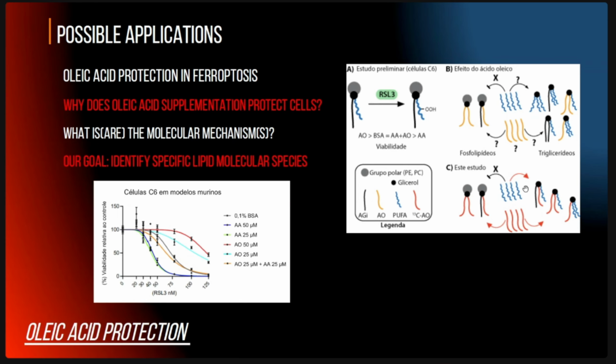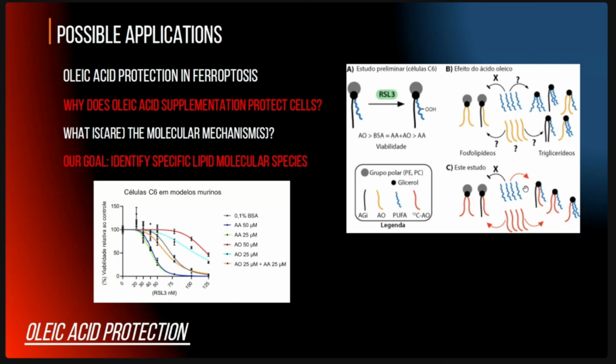And the fact that really matters is that when you put oleic acid, independent of the concentration, you sort of protect the cells against ferroptosis. And when you do that with arachidonic acid, you get more cell death than in control. So arachidonic acid is like a ferroptosis inducer by itself, because it gets esterified into phospholipids. But then when you use a mixture of oleic acid with arachidonic acid, you protect the cells against this death caused by enhanced concentration of arachidonic acid.